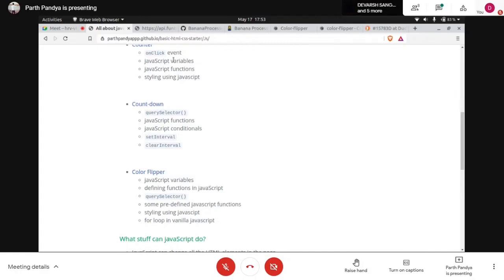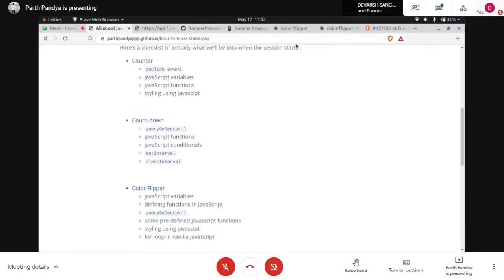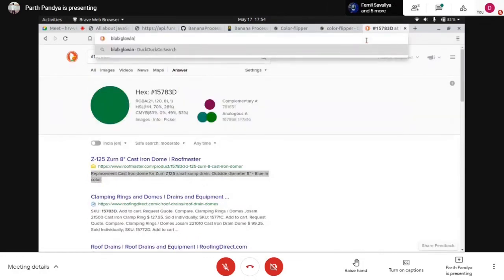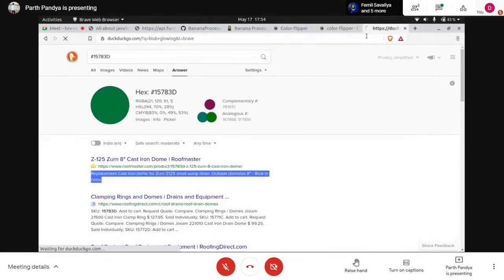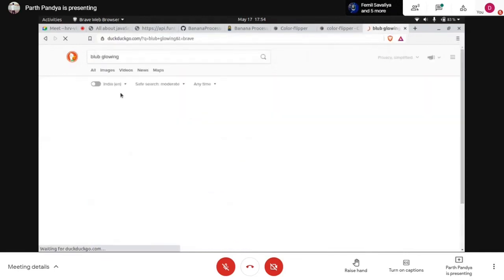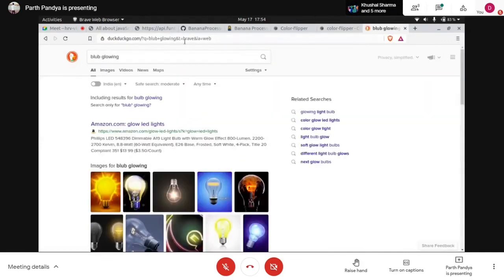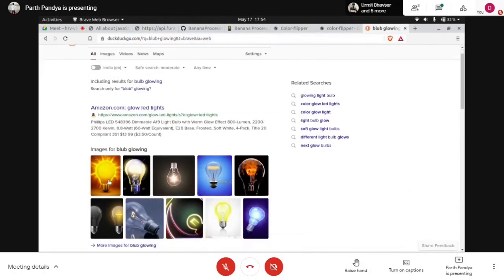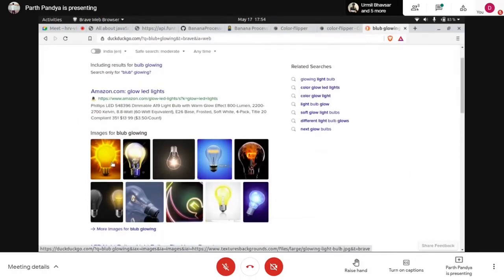You can also make a fun project using the on-click event. Find a picture of a bulb glowing, and also find a picture where a bulb is not glowing, means it is switched off.